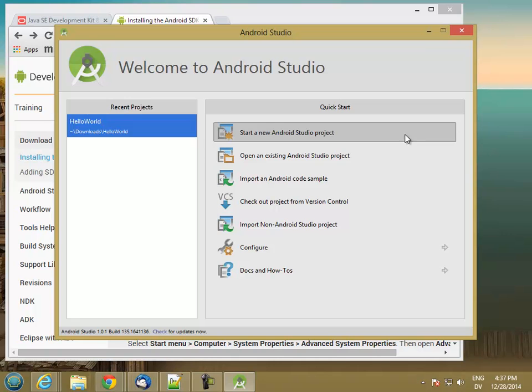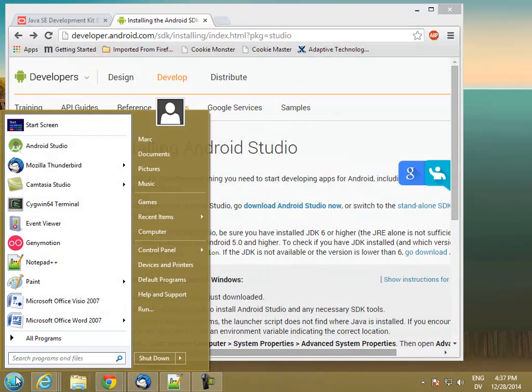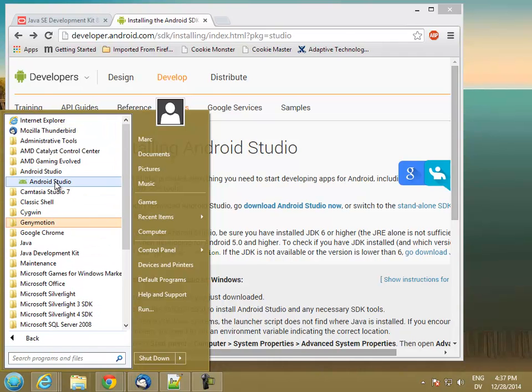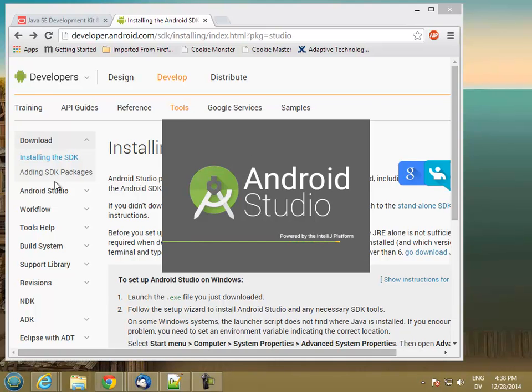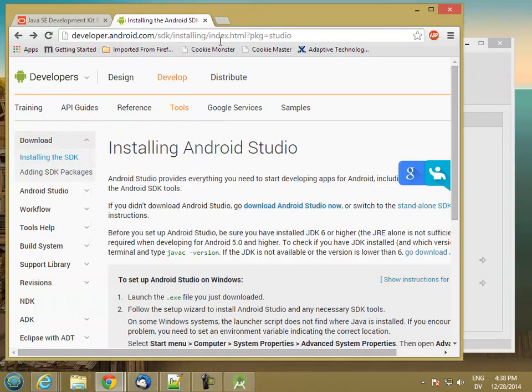And this is the screen that you'll see when you start up Android Studio. So let's go ahead and start up Android Studio. Under All Programs, Android Studio, Android Studio. And you should see this screen. Now the tutorials are all under